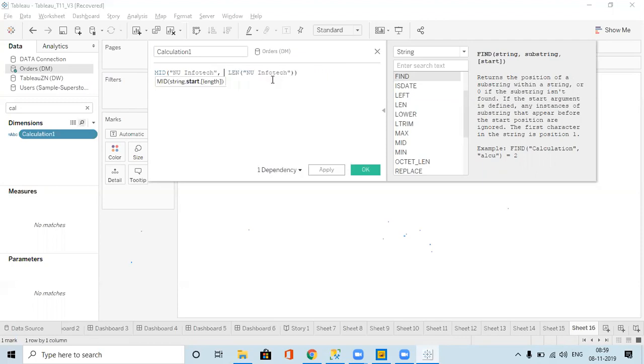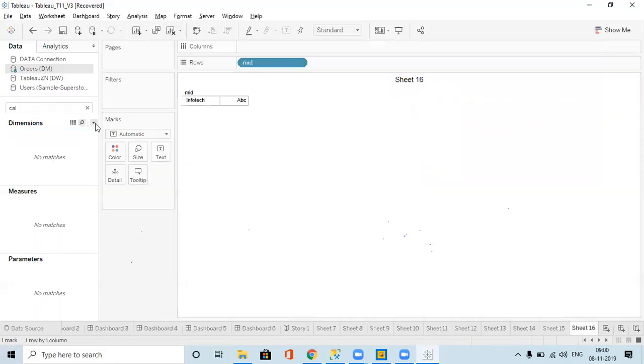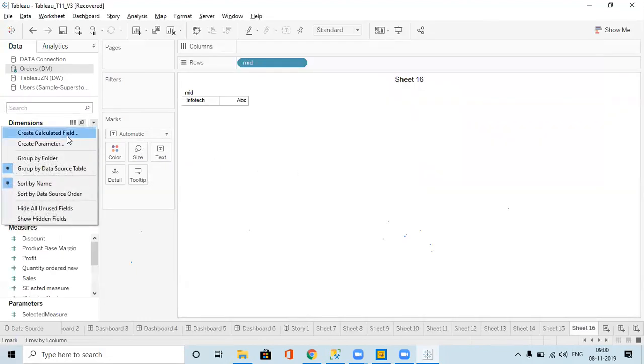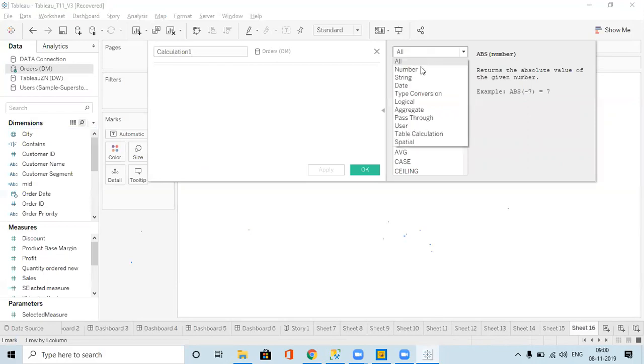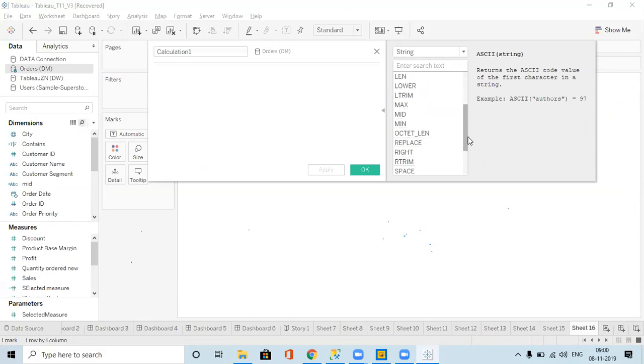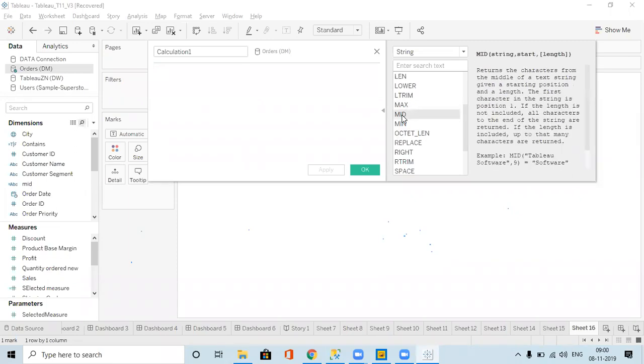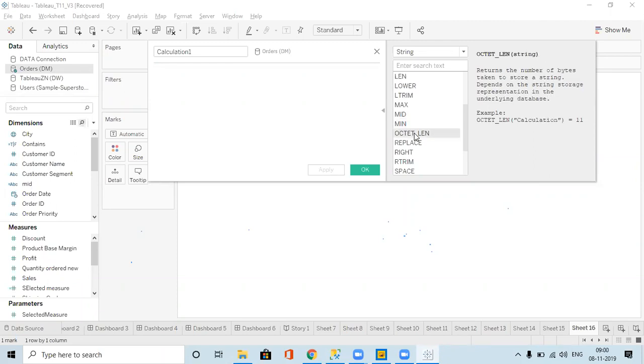Did you understand what Find is? If you give it like this, it will give me Infotech. So that is the mid function. It is very important. If you had learned DAX functions properly, you would feel these functions are very easy, because all those functions are repeated here. So Max, Mid, Min gives the minimum value.